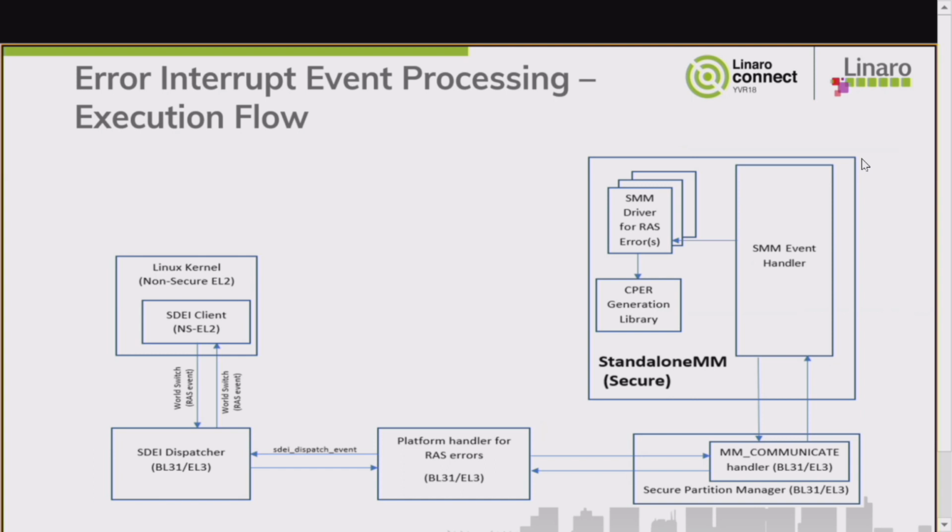Now the error handling part in itself, this shows the complete error handling flow. So just quickly going through this, the RAS error interrupt is initially picked up by the platform RAS error handler, and then there are two main processing phases that it goes through. The error is picked up by the platform error handler, and the first stage would be to use MM communicate